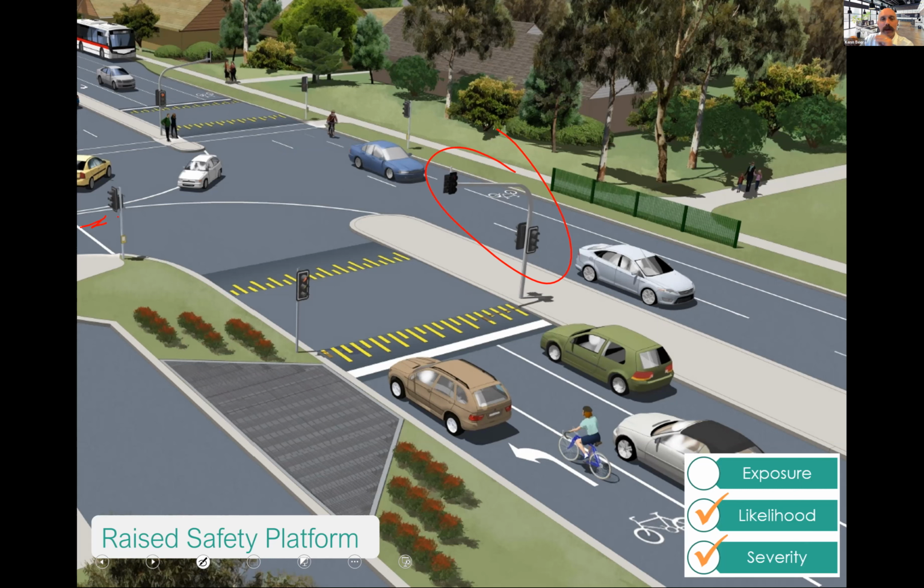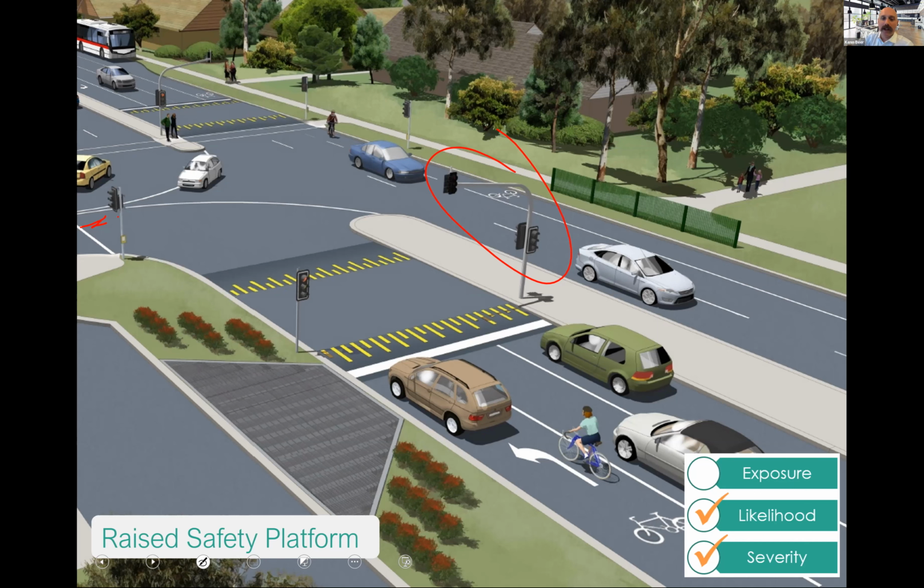Everything sounds like signalization, but we know that we've got lots of signals in our region and we keep going to them because there are hotspots of death and serious injury. And in fact, a little exercise you could do is to look at your top 100 intersections for death and serious injury in your state, and you'll find about 90% of them are signalized intersections. And the volumes of vehicles through them are very high. But nonetheless, to think that a signalized intersection is your answer to safety, no. So this region said, well, what more can we do?